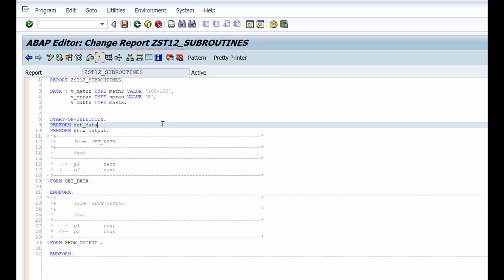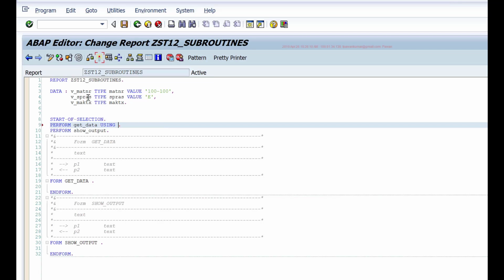The syntax to pass parameters to a subroutine is, at the perform statement level, you can use the USING or CHANGING keywords. Whatever parameters will be used within a subroutine are listed under USING, and whatever parameters will actually be changed after the subroutine is called are listed under CHANGING.